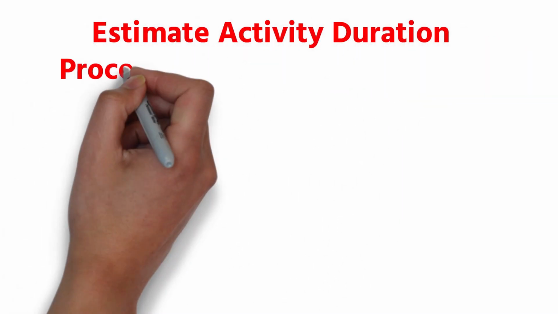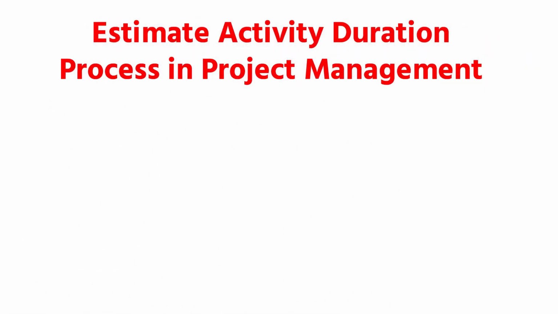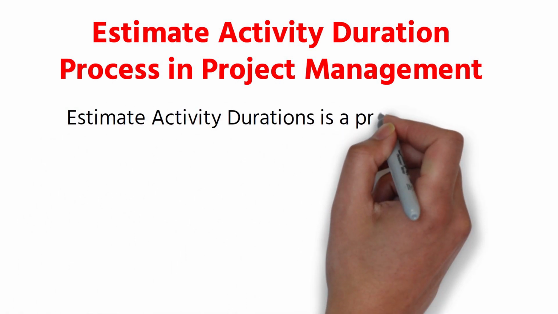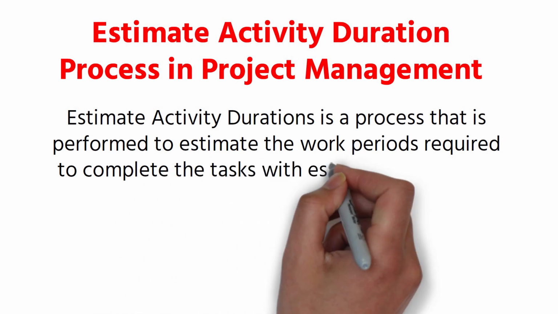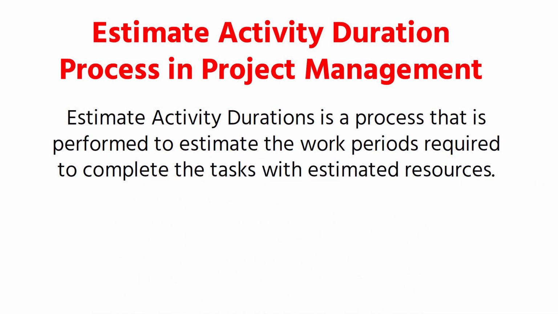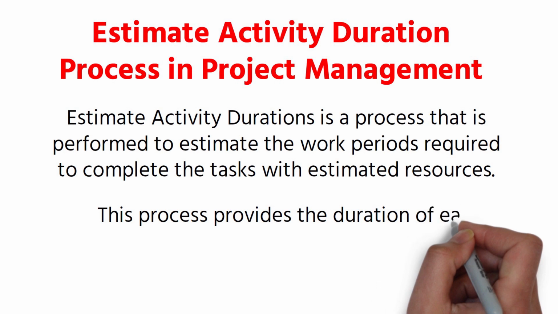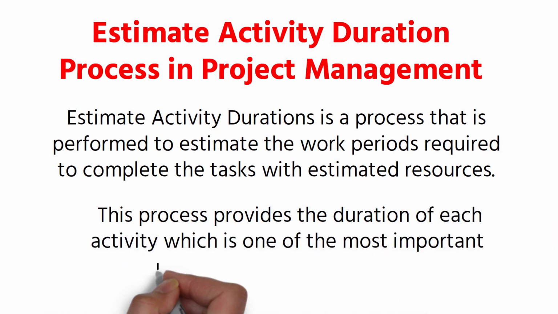Estimate activity duration process in project management. Estimate activity durations is a process that is performed to estimate the work periods required to complete the tasks with estimated resources. This process provides the duration of each activity, which is one of the most important inputs for a